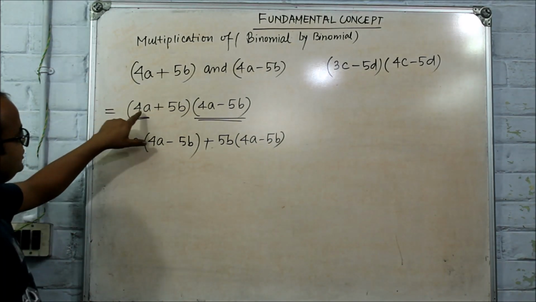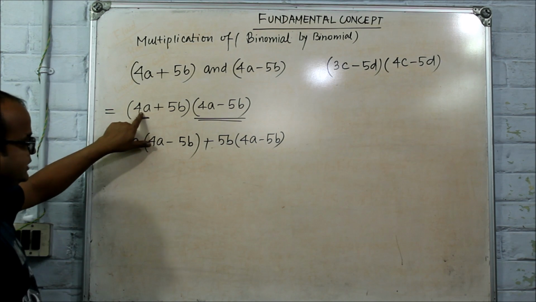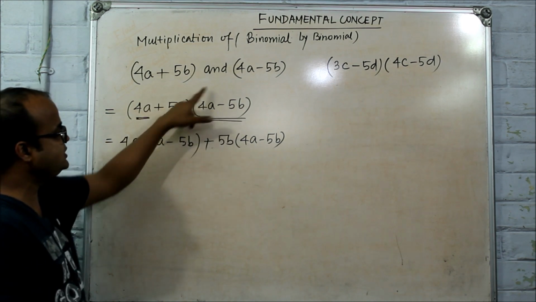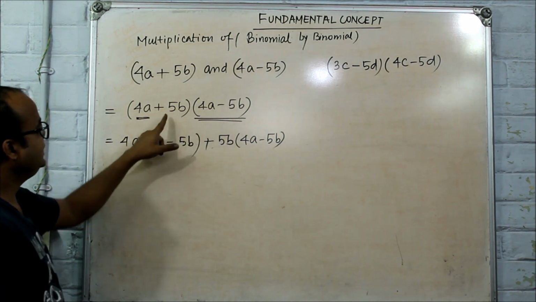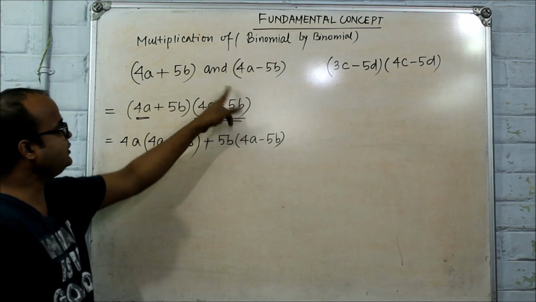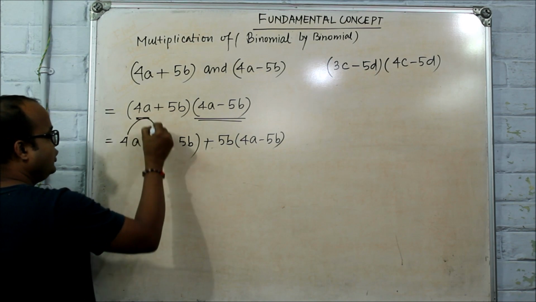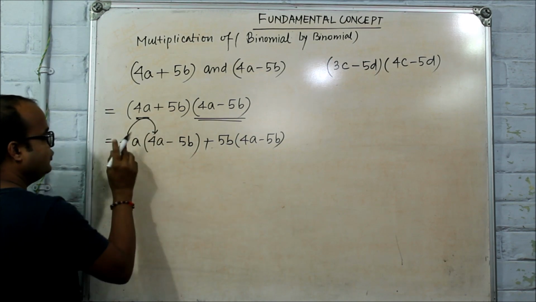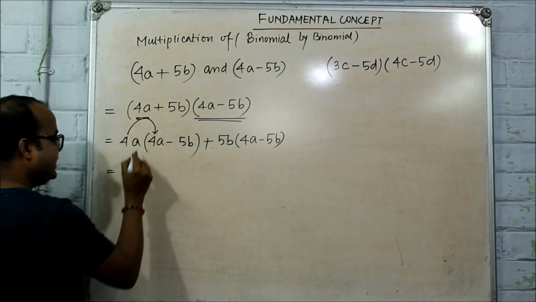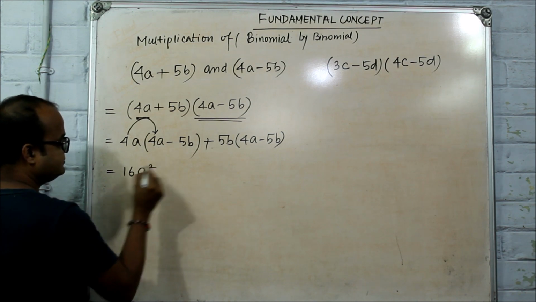Clear? We are taking the first term, that is 4a, we need to multiply with this entire term, then 5b multiplied with 4a minus 5b. Clear? Now 4a into 4a, that is 4 into 4, 16, a into a, a square,